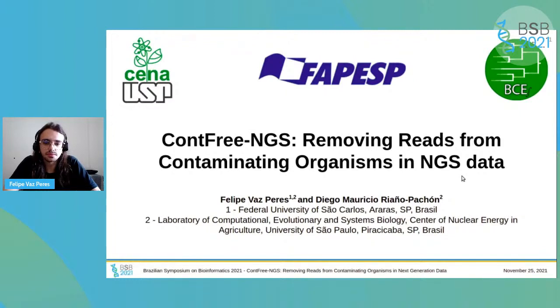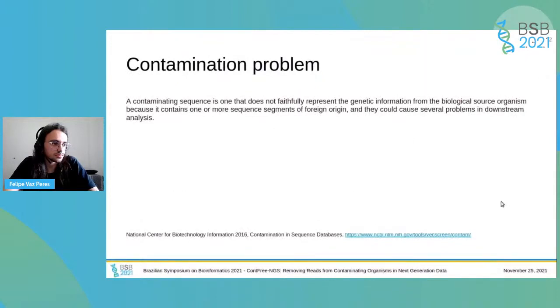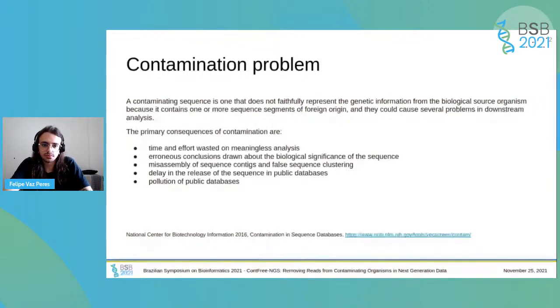So to start this presentation, I would like to introduce the problem of contamination in public datasets. As defined by NCBI, a contaminating sequence is one that does not faithfully represent the genetic information from the biological source organism because it contains one or more sequence segments of foreign origin, and they could cause several problems in downstream analysis. The primary consequences of contamination are time and effort wasted on meaningless analysis, erroneous conclusions drawn about